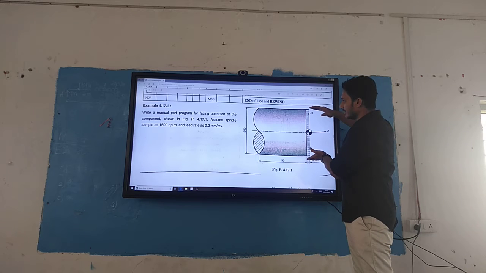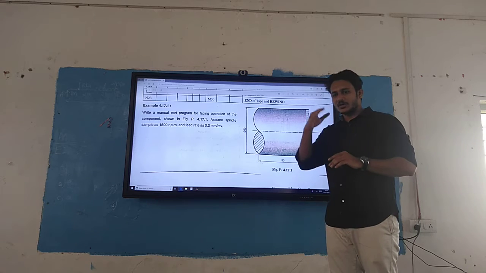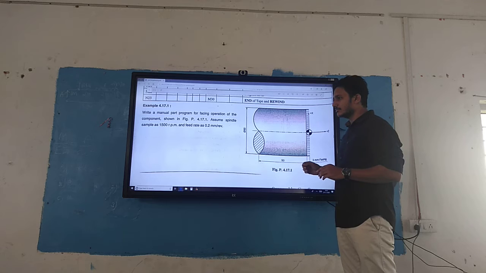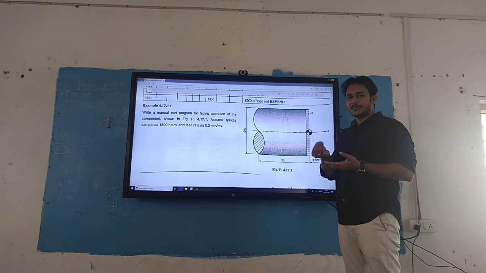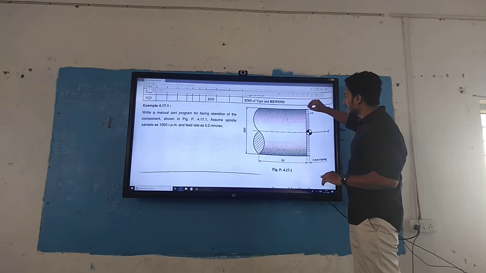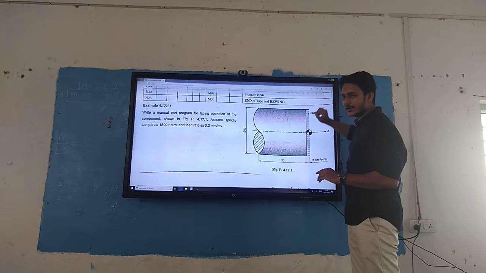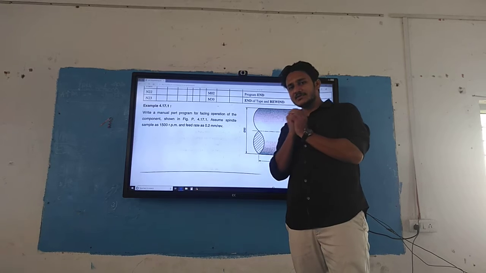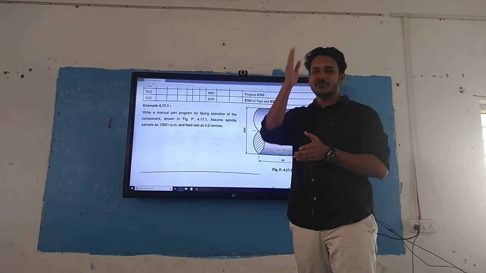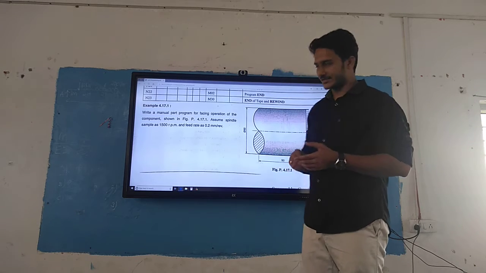So this is having the diameter of 50 mm. So in my X direction, I did rapid tool movement to X50 and Z plus 1. So somewhere here, 1 mm away from Z axis, positive side, and 50 mm away in X axis. Okay.